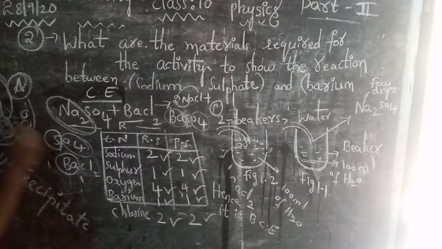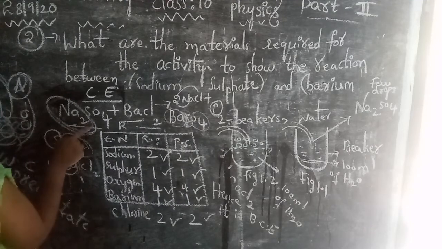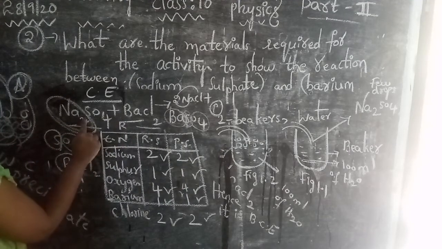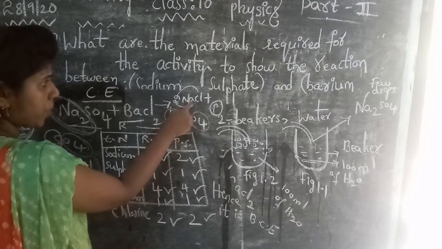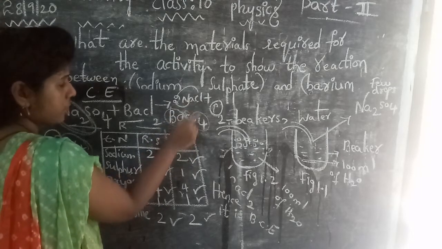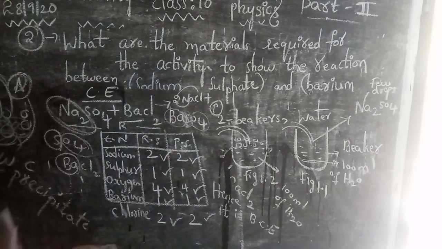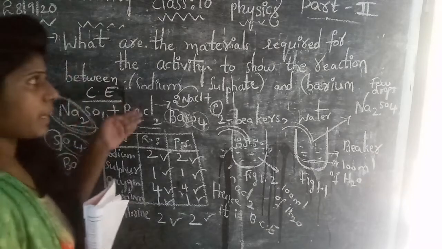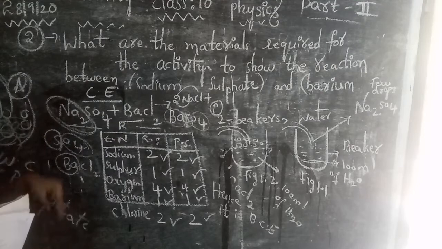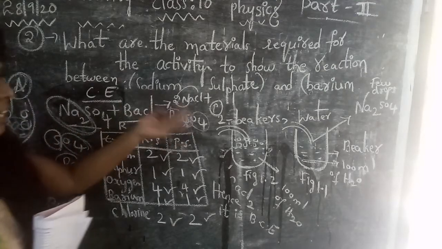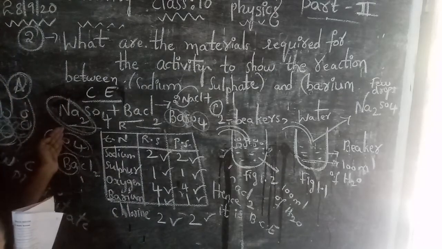Double displacement means the old places are vacated. In the place of sodium sulfate, after reacting with each other, we are getting a different product, that is barium sulfate, and a new product, that is sodium chloride. So here 2 displacements of atoms or ions have taken place. So finally the reaction is a double displacement reaction. Exchanging of 2 atoms or elements, vacating the old place and rejoining the new place. That is what we call a double displacement reaction. Is it clear, everyone?